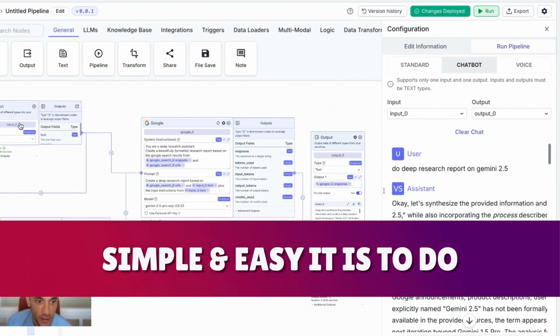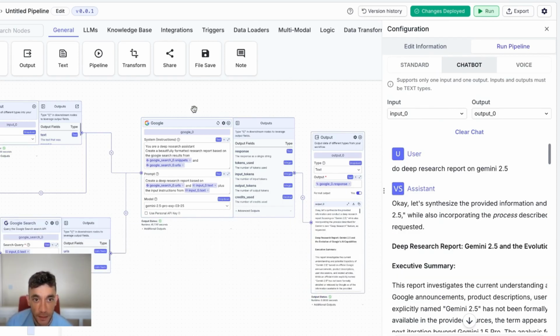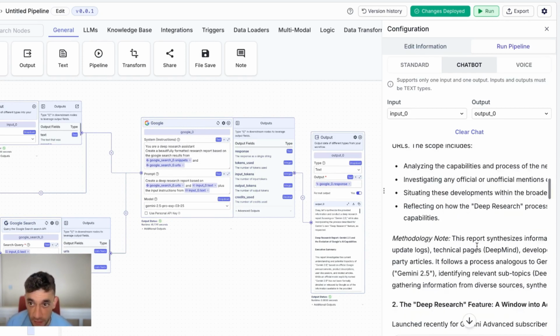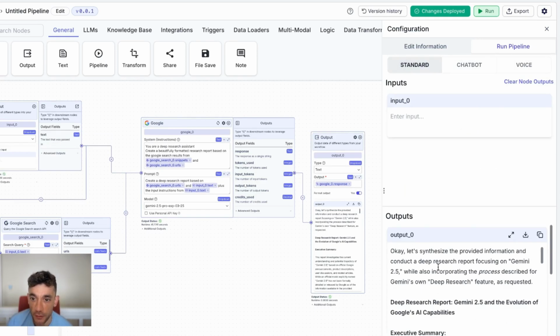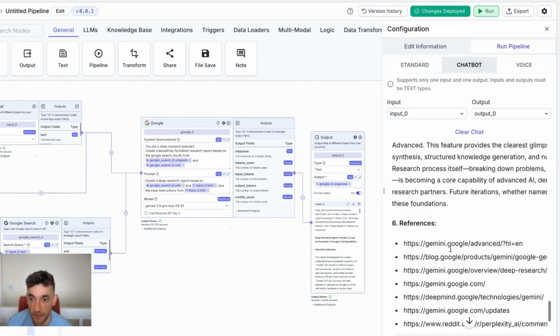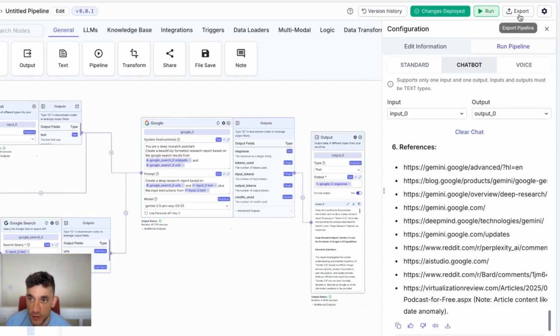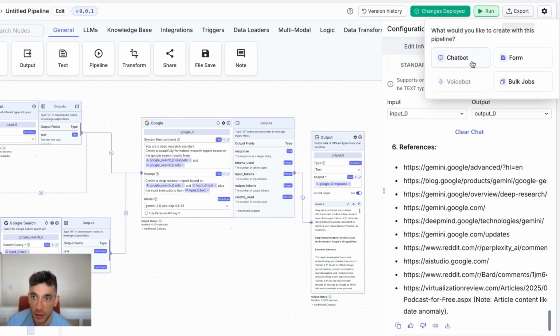You just plug in the input, do the Google search, and program the agent to use its instructions to go off and take the research from Google and then output it onto a chatbot, like you can see. You can even do voice searches here, which is pretty insane. And also you've got your standard inputs and outputs over here. All right, pretty cool. And then if you actually want to export this as a chatbot and deploy it, you